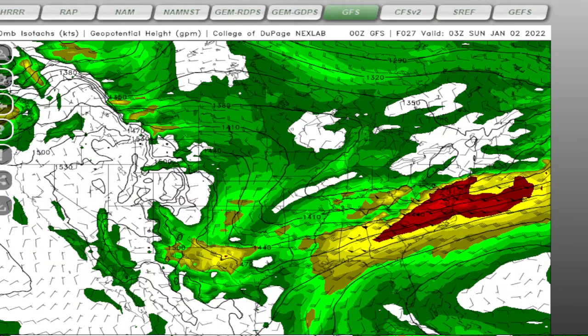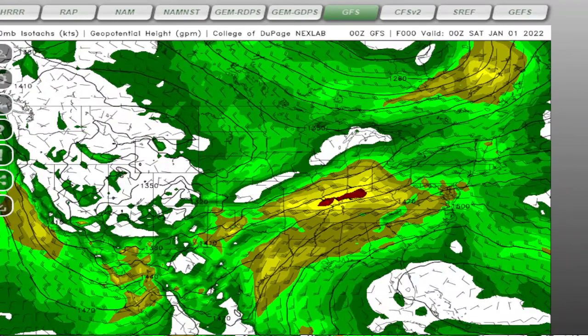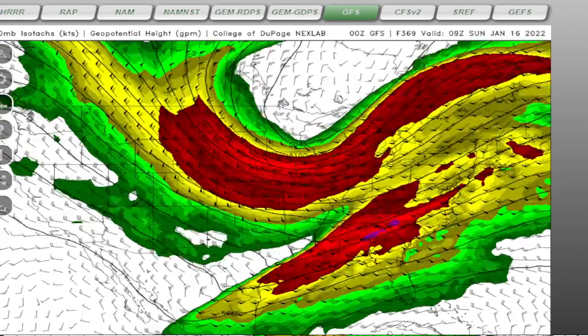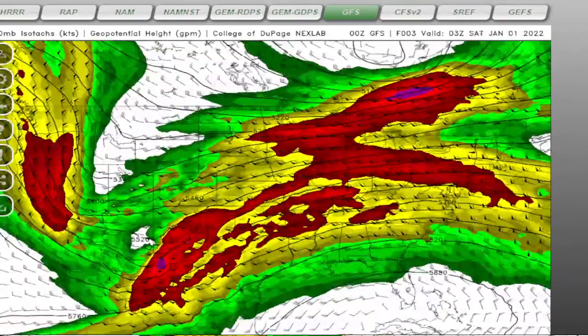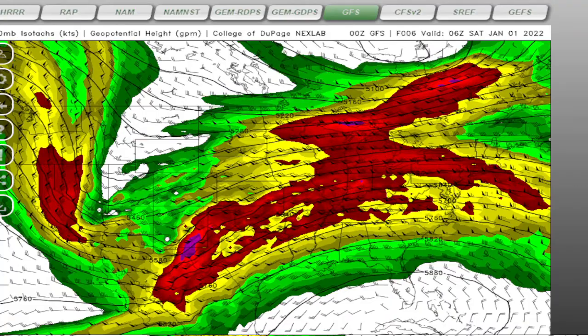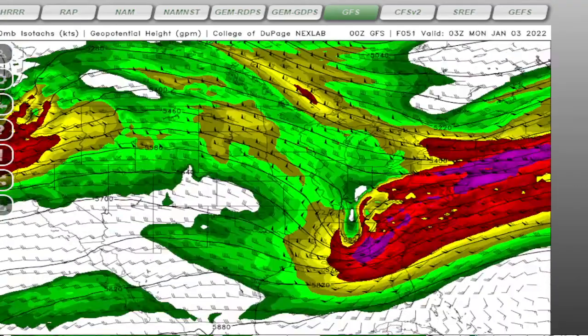This trough breaks off into its own low and ejects a low out of the 500 millibar. Right now we're at 850, but let's go to the 500 and we'll show you. We'll go through Saturday right here, deep trough, Sunday, and then that's where it ends, right there. Saturday again, into Sunday morning,